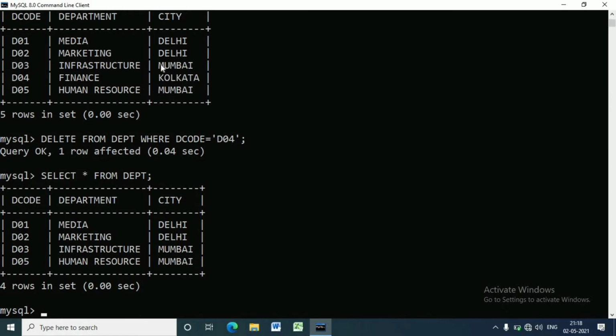To delete a group of rows, I am running the query delete from department where city is equal to Mumbai. It will delete 2 rows, D03 and D05, whose city name is Mumbai.